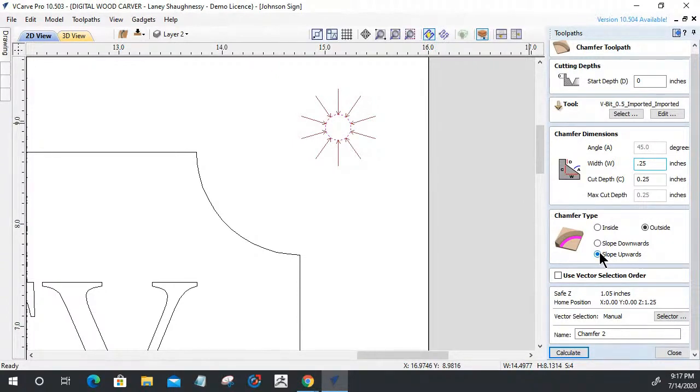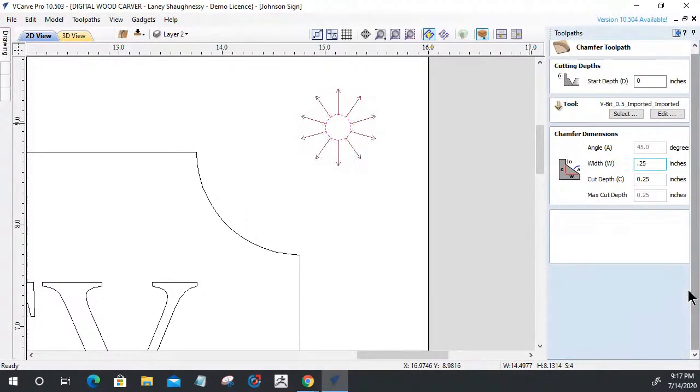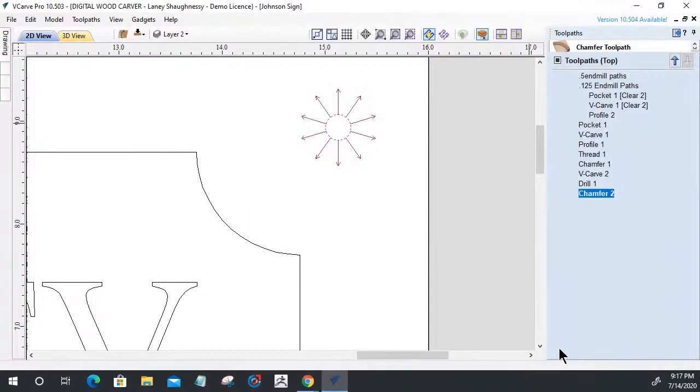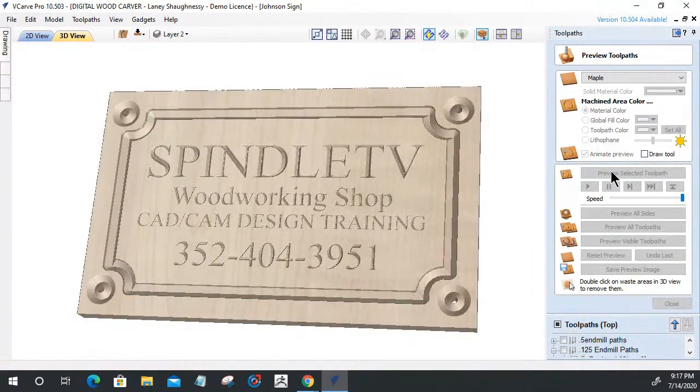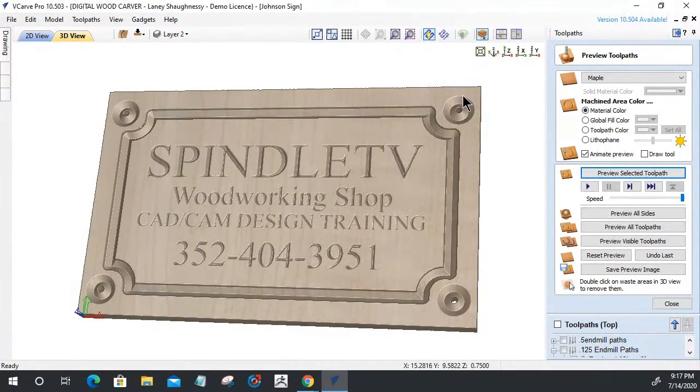So that should slope down into the holes. I think that might be where the slope upwards comes in. Let's find out. Let's look at both of them. Let's calculate that toolpath and see. I don't know if that, okay. So you see what the